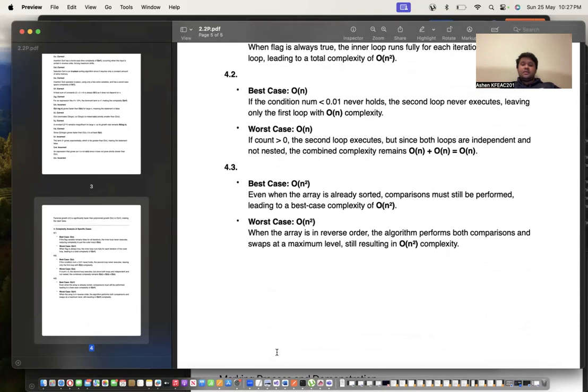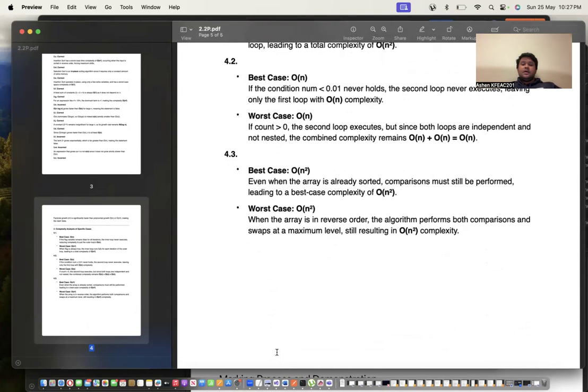In 4.3, the best and worst case is big O of n squared. Even in the best case, the comparisons still occur. In the worst case, it performs the maximum number of comparisons and swaps. These cases require not just justifying the nesting but also understanding how conditions impact runtime behavior. So this is the end of my